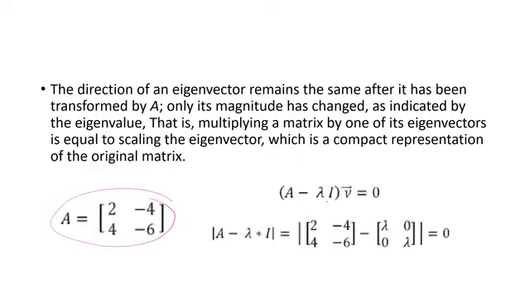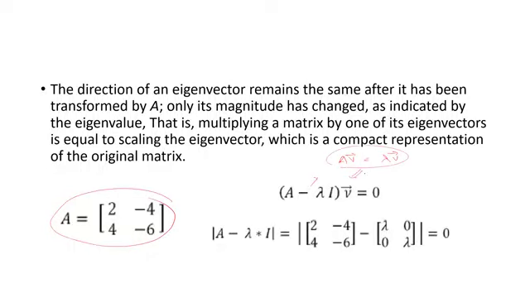Here I have done some transformation. If I put it as the initial formula, there is a new term which has come up. I is nothing but the identity matrix. An identity matrix is one where the diagonal elements are 1. So after transformation, it looks like this. If you expand this, then ultimately you will get this.